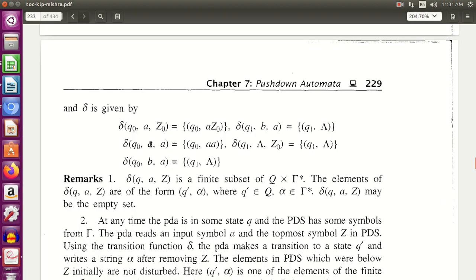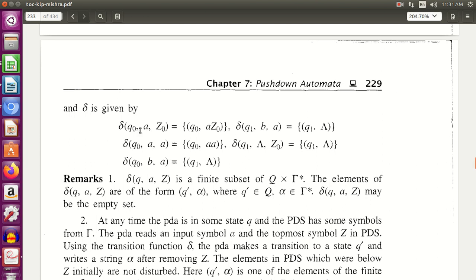Okay. So look at this construction very carefully. I hope all of you are well acquainted with the terminologies of push down automata. This is your transition function. We had this in finite automata also. Now q0, q1, these are states. This a, b, these are the input symbols that I am encountering.